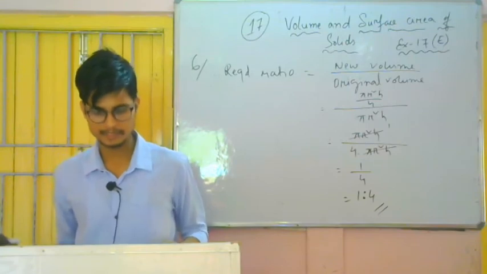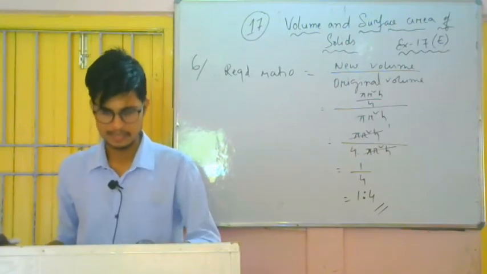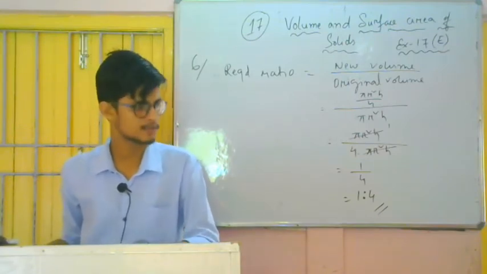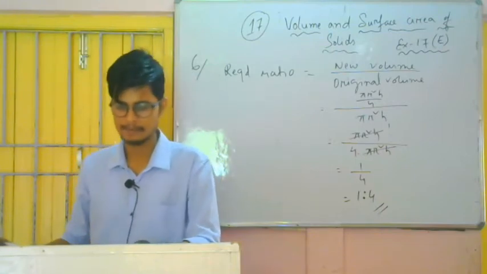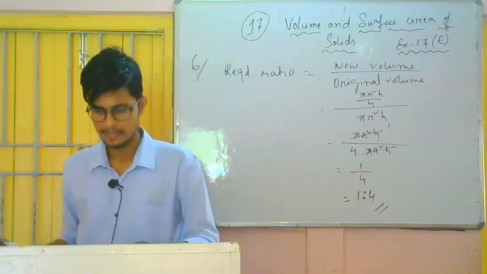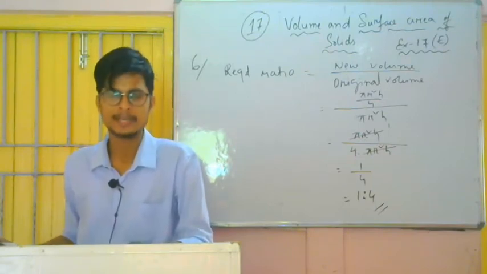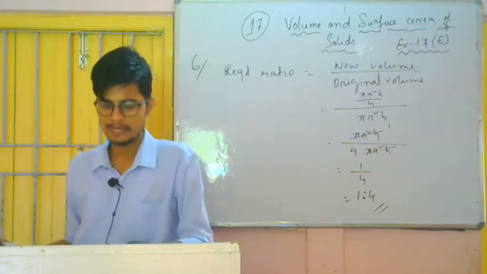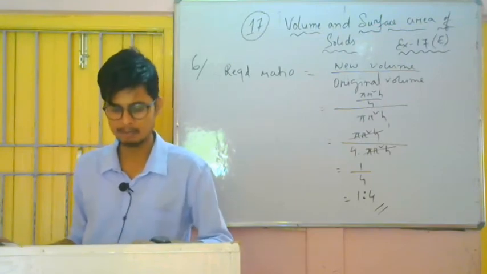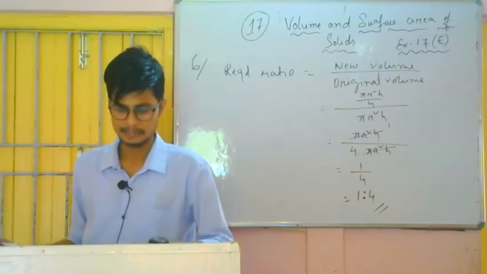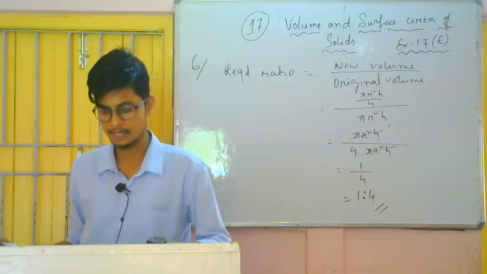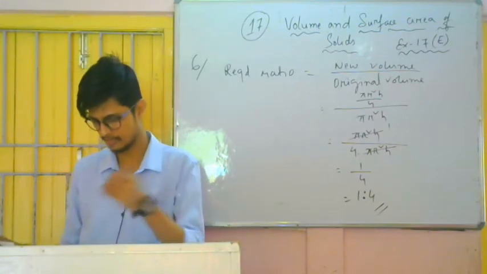A cylindrical tank has a capacity of 6160 cubic centimeter. Find its depth if its radius is 14 meter. The question is to find the depth if the radius is 14 meter, and then you have to calculate the cost of painting its curved outer surface area at a rate of rupees 3 per square meter. So this is the other thing.